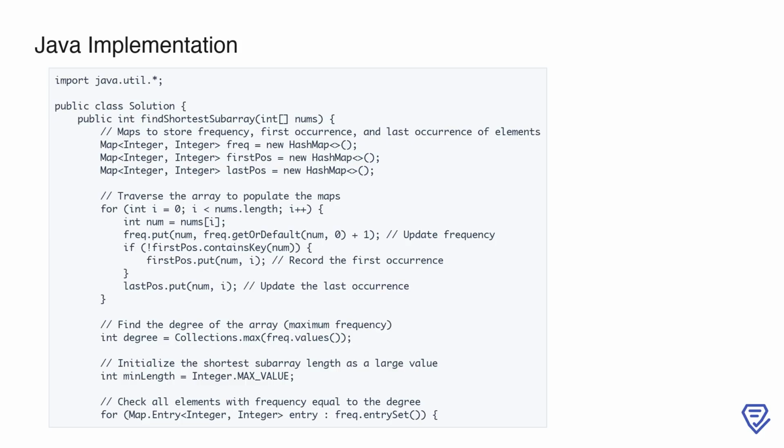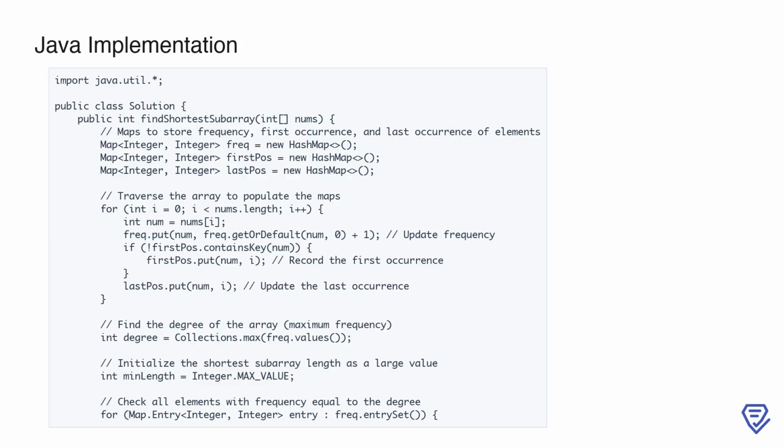Next, we iterate through the input array using a for loop. For each element, we update its frequency in the frequency map. If it's the first time we're encountering this element, we record its index in the first pos map. Regardless, we update its last occurrence in the last pos map. After building these maps, we calculate the degree of the array by finding the maximum value in the frequency map. We then initialize a variable min length with a large value to keep track of the shortest subarray length that